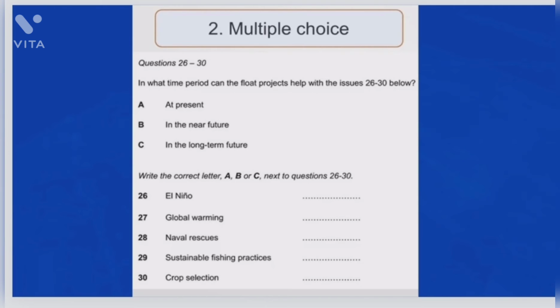In the multiple choice question, you are required to choose the correct answer from a short list. Don't select the first answer you hear as correct, because another one might be similar, so listen carefully before answering. Again, expect synonyms and paraphrasing here. For example, the speaker might say soon rather than in the near future.